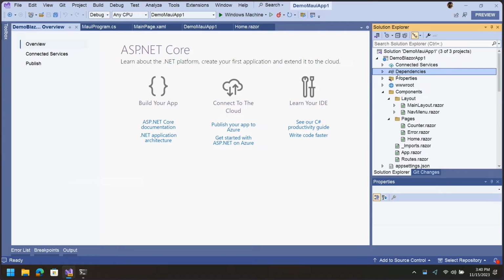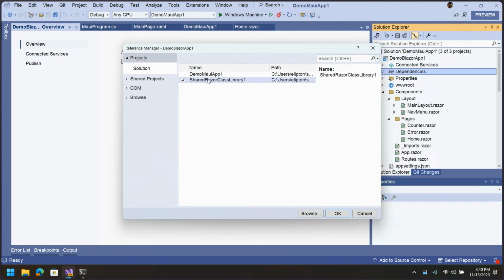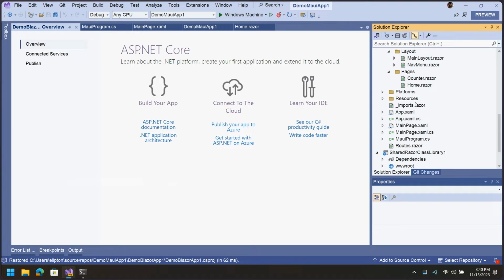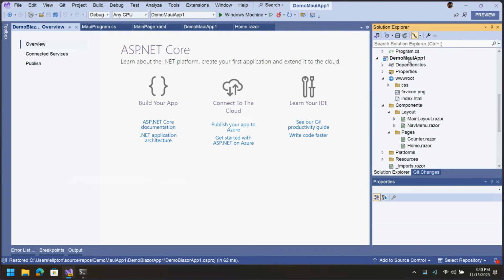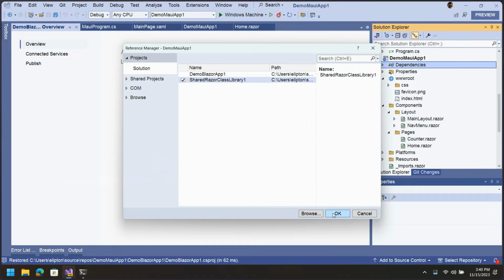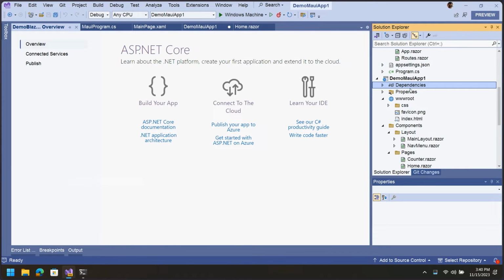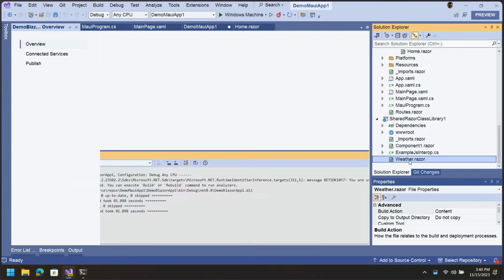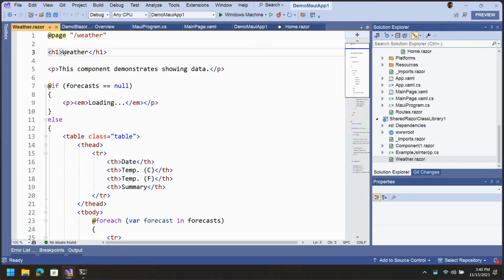And in each project in my Blazor web application, I add a reference to this shared library. And this is just like you might do with any class library project. And then I go to my MAUI application and add a reference to that same shared library. And to make sure I've done things correctly, one thing I want to do is go to my shared weather component and say shared. That way we kind of know that I'm not cheating